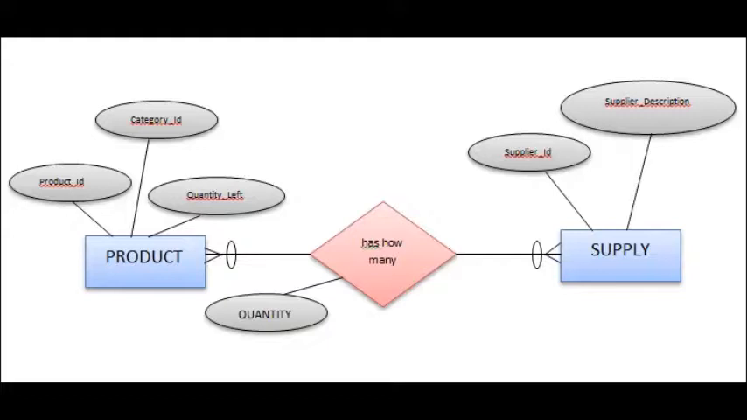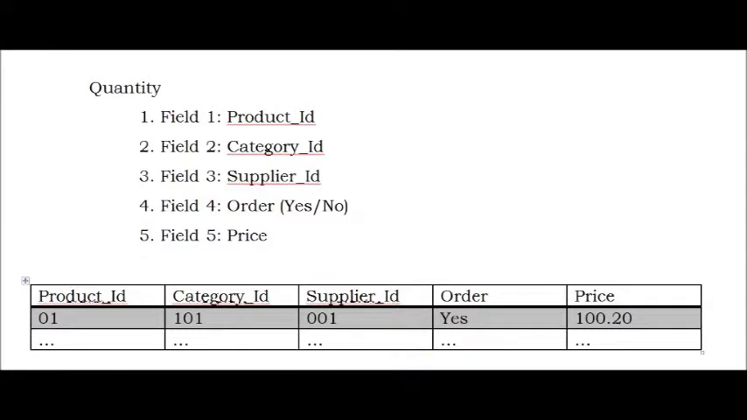So you can see it has a many-to-many relationship, as the product is supplied by many suppliers and suppliers supply many products. As you can see, we have an attribute that is connected to our relationship. It means we have to set an intersection table. So in our quantity attribute,